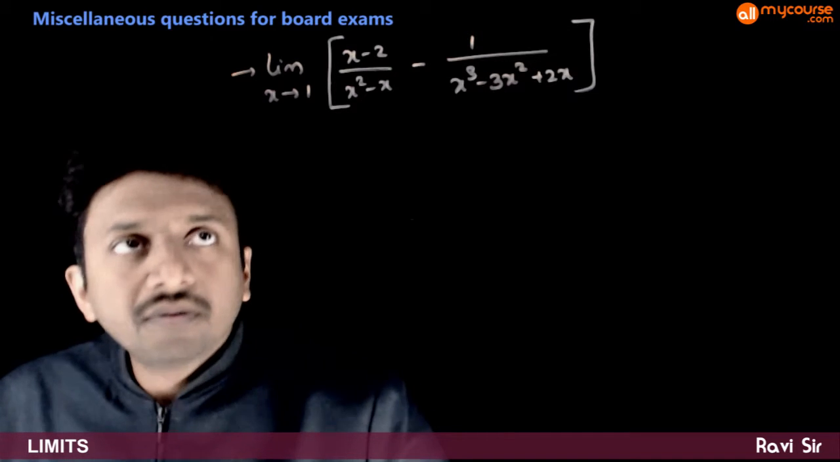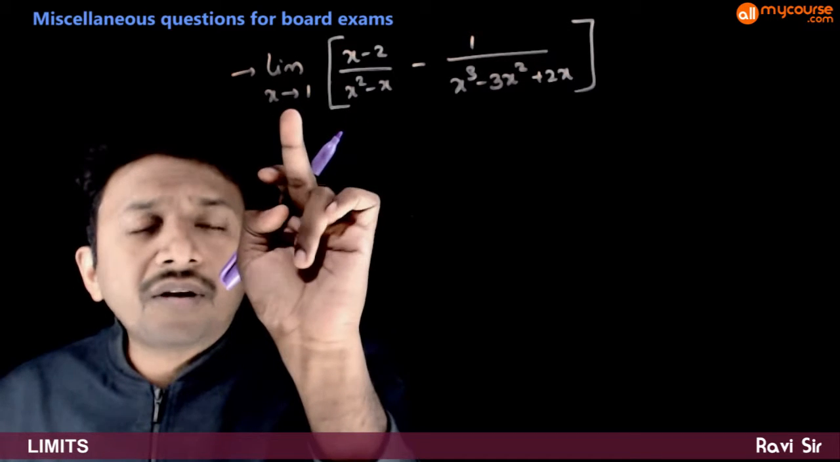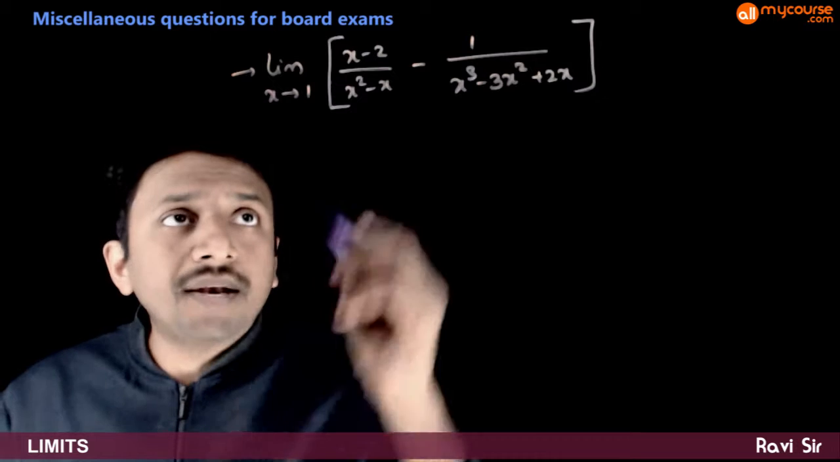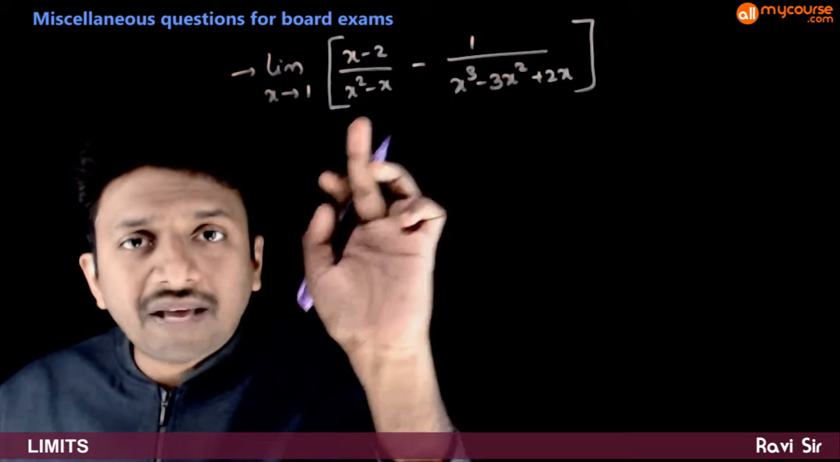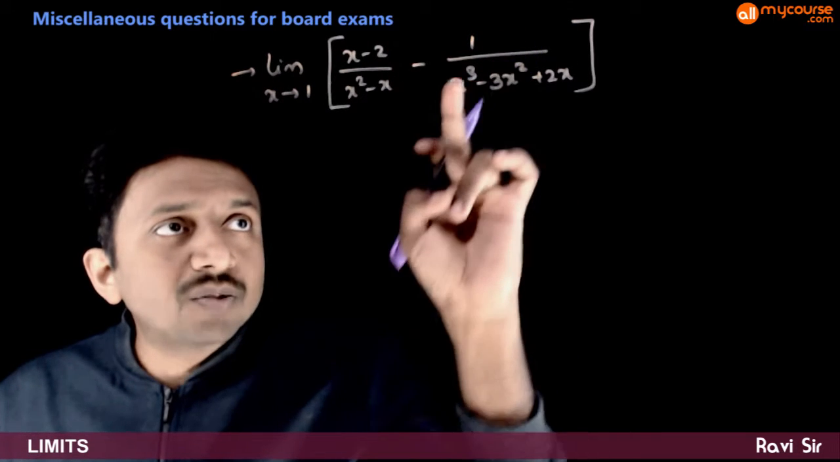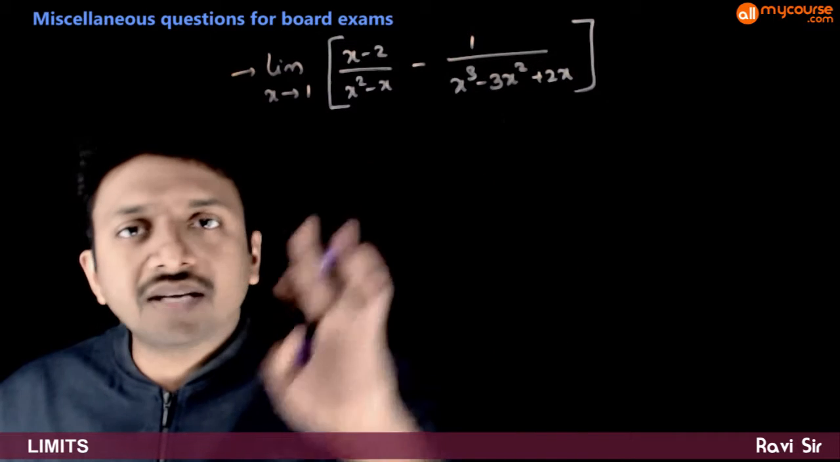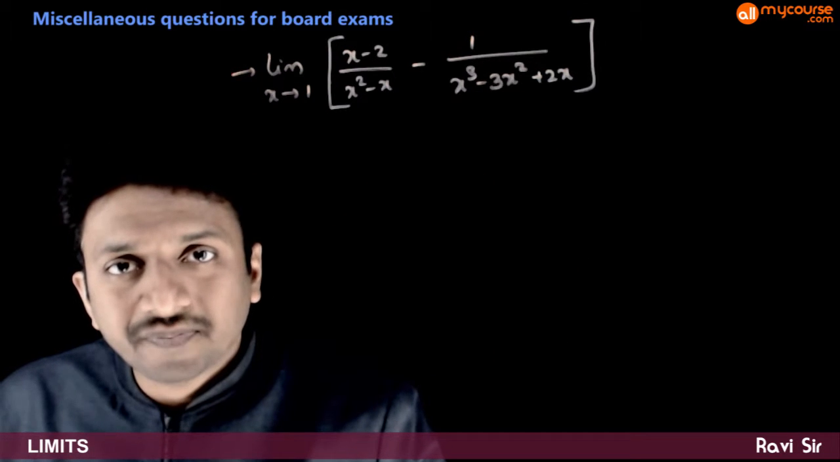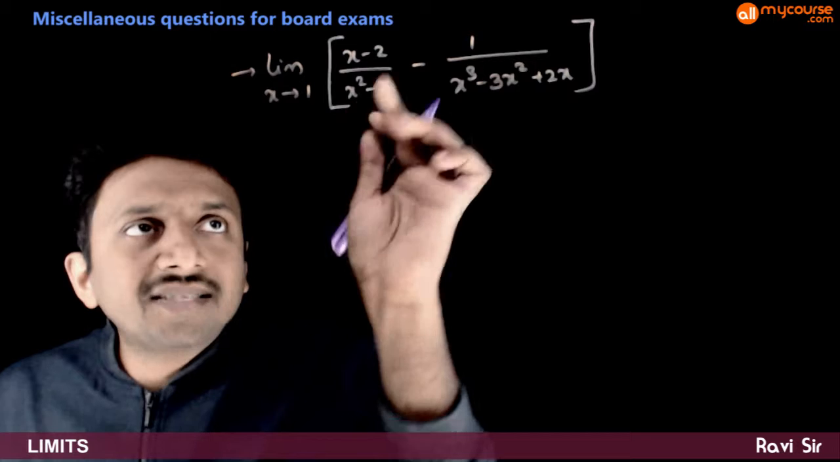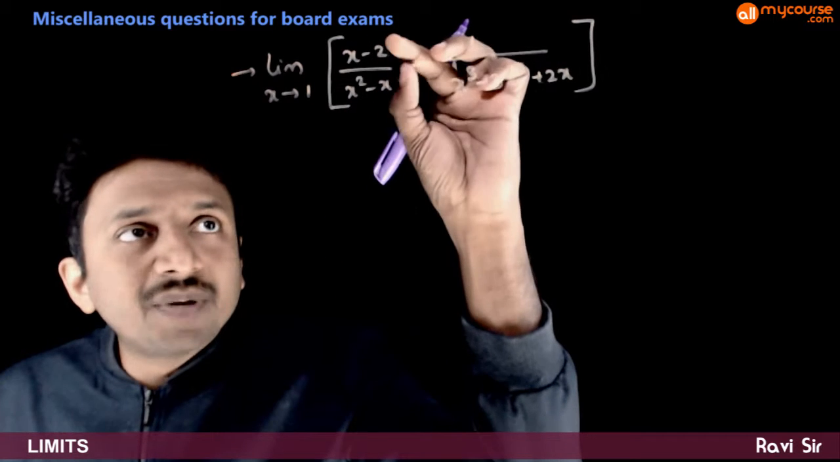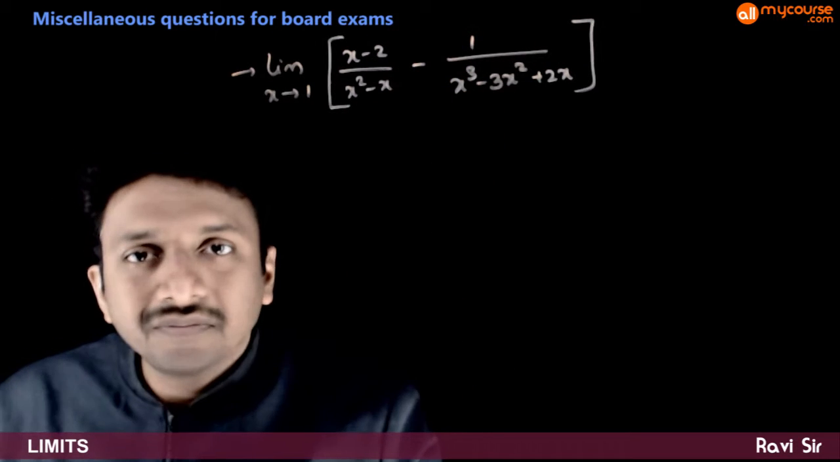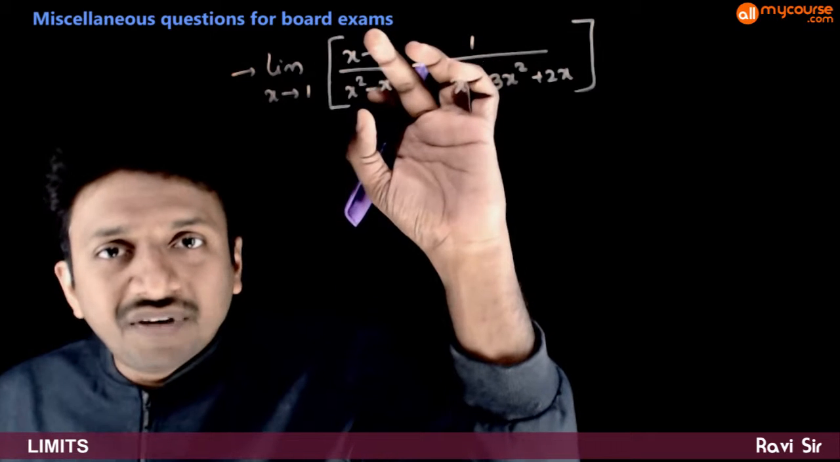So in this question, you're asked to find the limit as x tends to 1 of (x minus 2) by (x square minus x), minus 1 by (x cube minus 3x square plus 2x). So if you do the direct substitution, the first expression is minus 1 by 0, which tends to infinity,